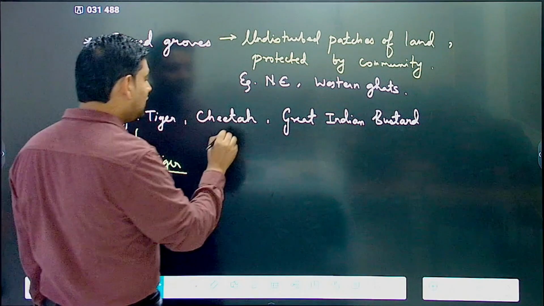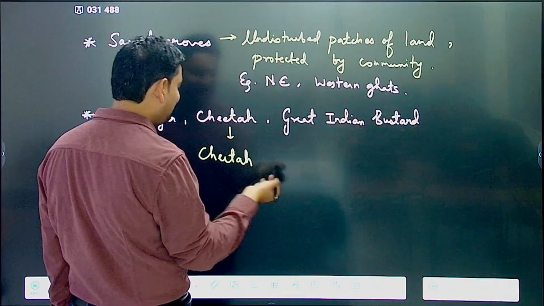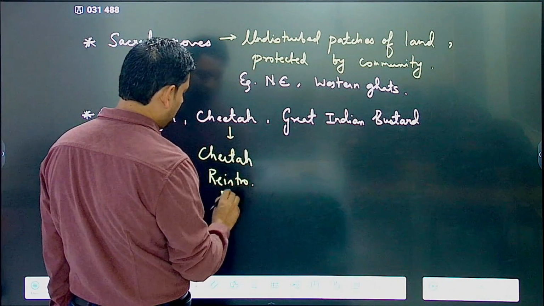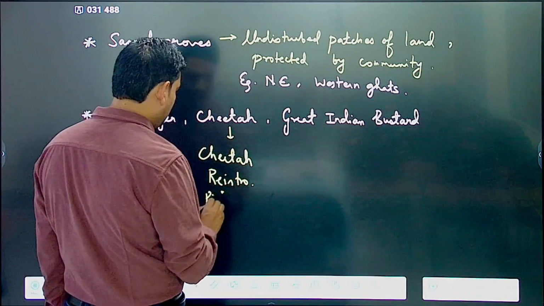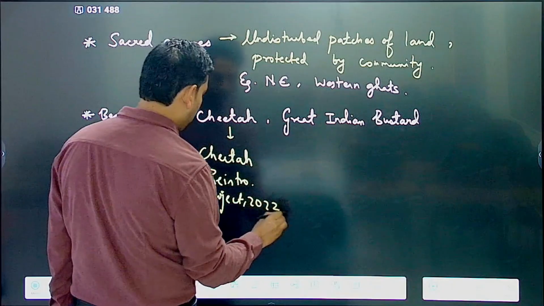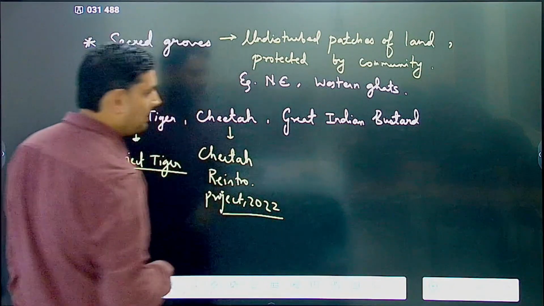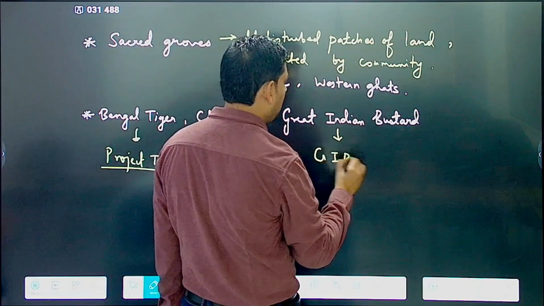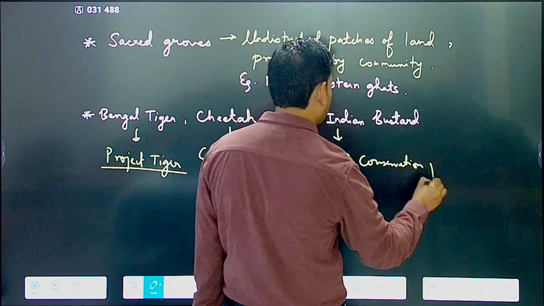Then cheetah, a very recent one, is also mentioned because this is the new NCERT, that is the Cheetah Reintroduction Project. This was inaugurated in 2022. Correct. Then there is also the Great Indian Bustard Conservation Project that is going on from a very long time,